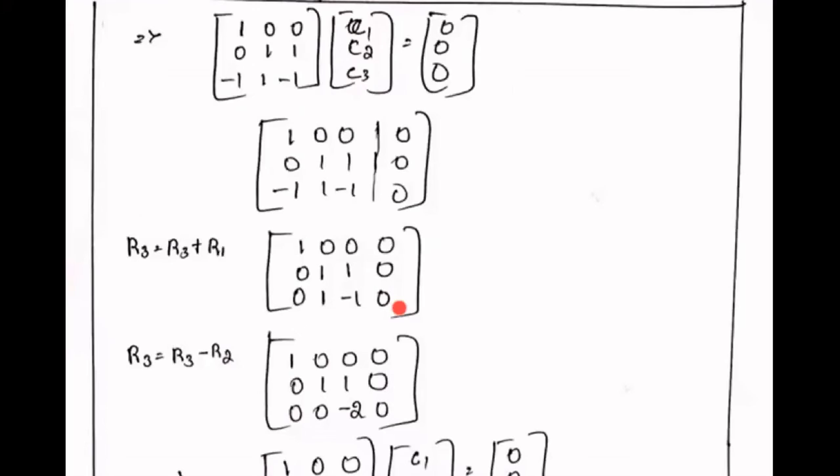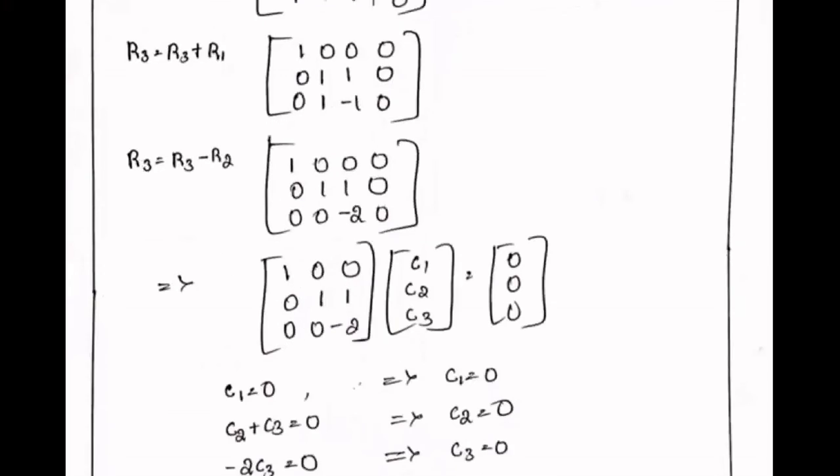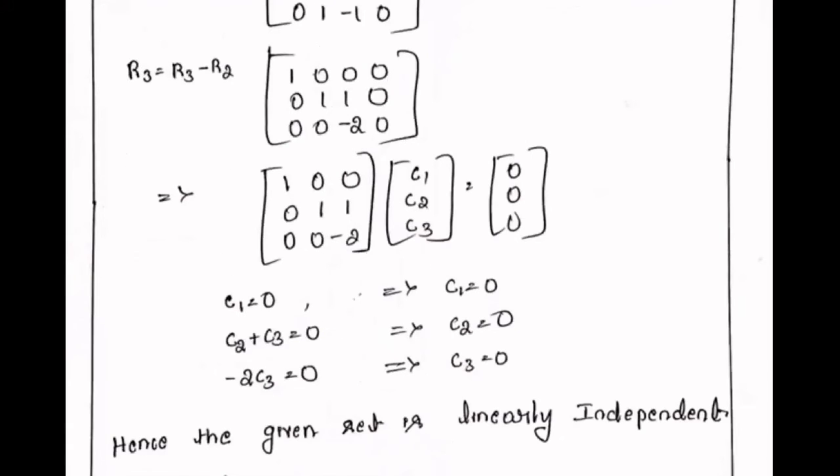Another thing is, if you observe this, the first pivot element, below that everything is 0. The second pivot element is in the second row, here it's 1. This is the pivot element. Below that, you can make it 0. So you subtract row 3 from row 2. What happens? 1 minus 1 is 0. Minus 1 becomes minus 2. 0 minus 0 becomes 0. So this is what we got, right? This is the equation we got. Try to express it in an augmented matrix representation.